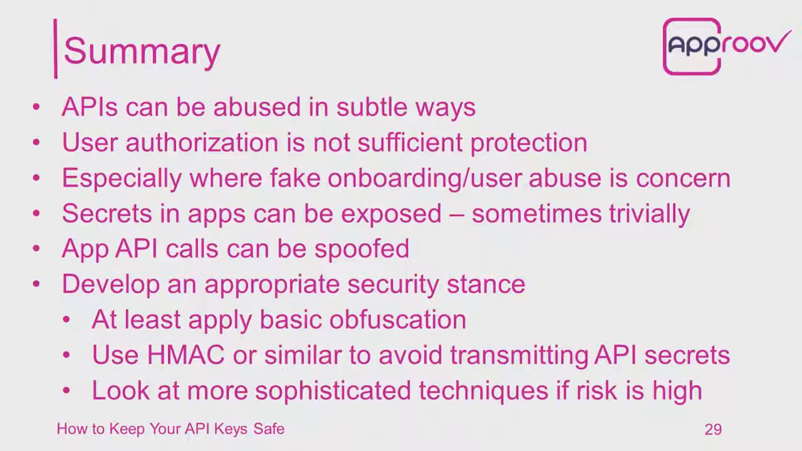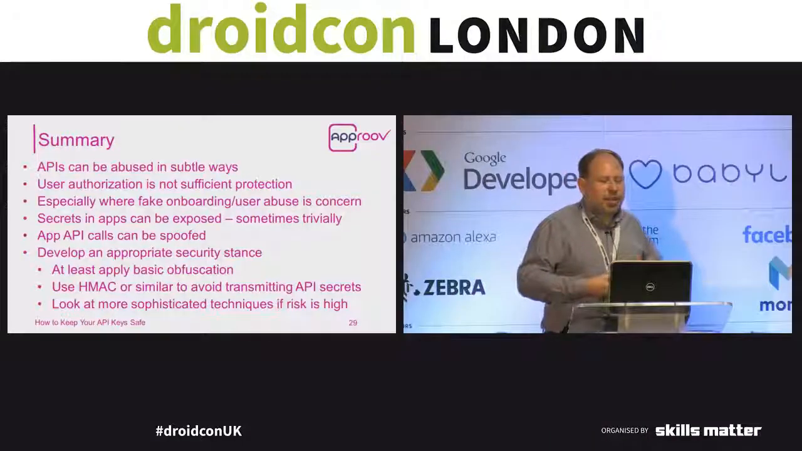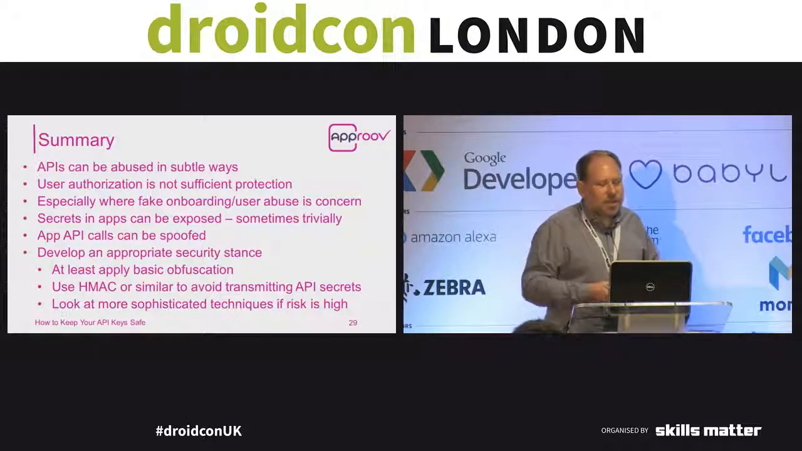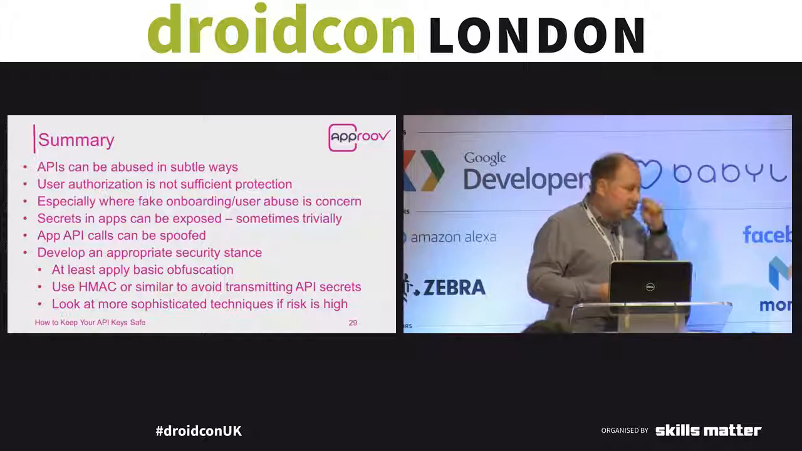Okay, so in summary, APIs can be abused in quite subtle ways. You need to be aware of this. User authorization is not necessarily sufficient protection. It depends on the app, and on how difficult it is to onboard new users. But in some cases, the attack is fake onboarding, or a user with real credentials who is using some non-standard or illegitimate client to access the API. Secrets in apps can be exposed quite trivially, unless you make some effort. And once that happens, API calls can be spoofed. So you need to think about whether, if an arbitrary piece of software can spoof API calls against the back end, that changes the customer journey or undermines the proposition. Is there something in the way this API is structured that's really important for that? So you need to develop a security stance about